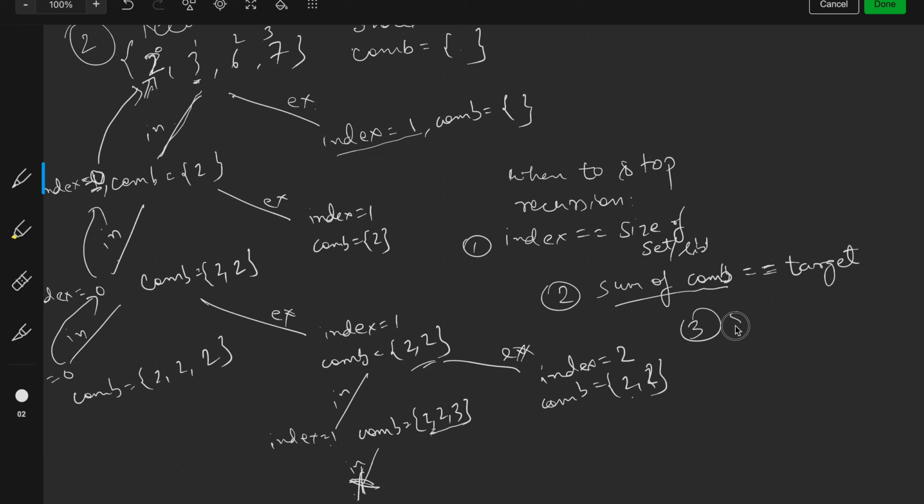And the third condition is when the sum of combination becomes greater than target, right? Why is this so? This is because suppose the sum has already become greater than target. What will happen then? We cannot reduce the sum any further, right? Let me just give an example to explain that. Suppose here we are doing 2 plus, suppose,